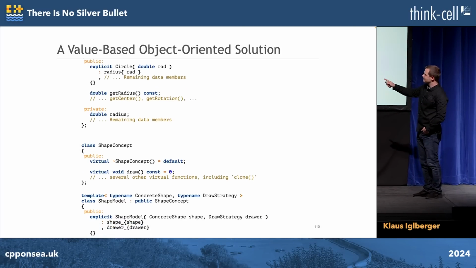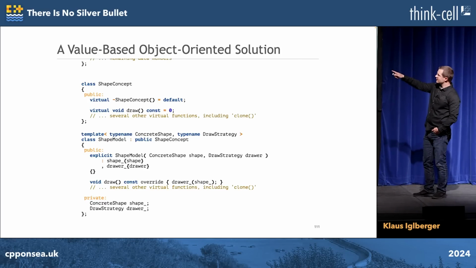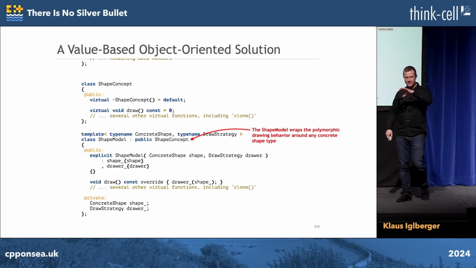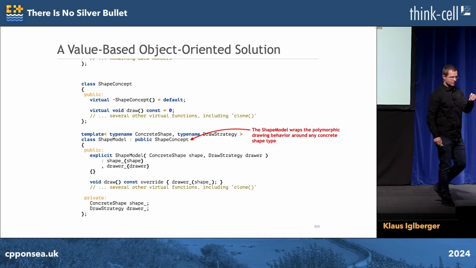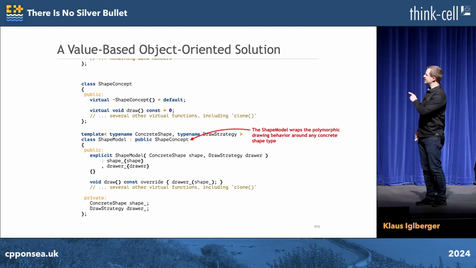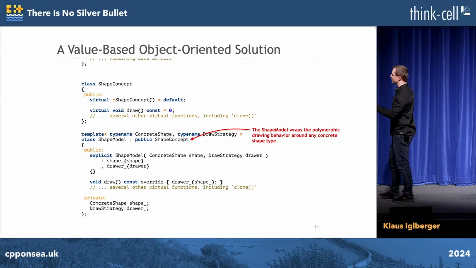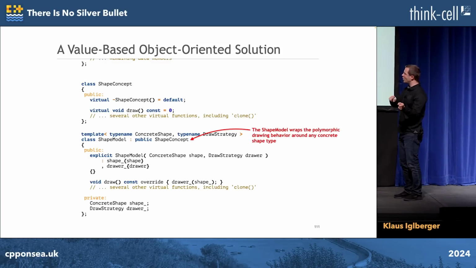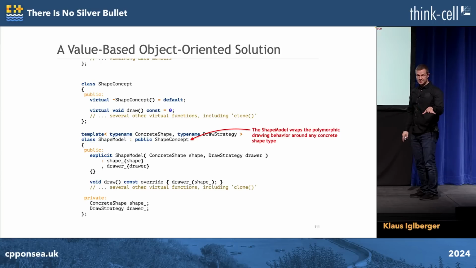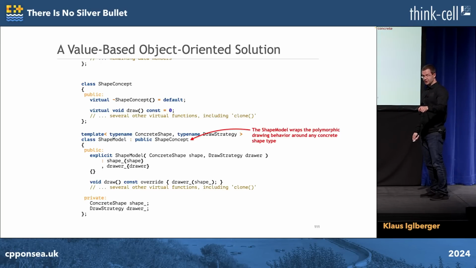All right, now, this shape model class is now pretty much the abstraction that wraps the polymorphic behavior around different kinds of shapes, which also is kind of exactly what the single responsibility principle tells us, but in a way that you might not have seen it before. I really factor out all the virtual functions into a separate class. But at this point, it still is a classic inheritance hierarchy, which you're not going to change.